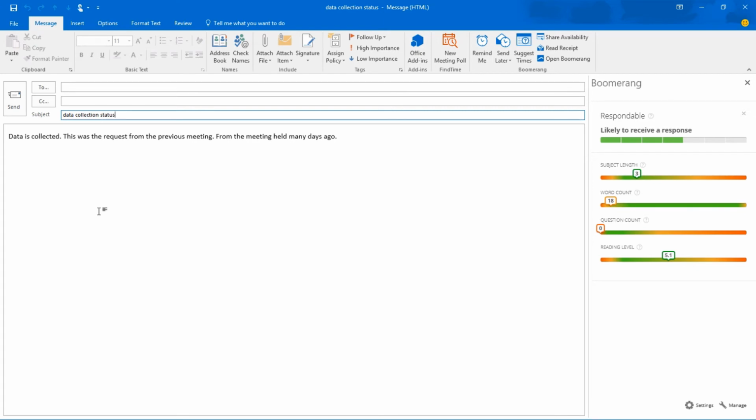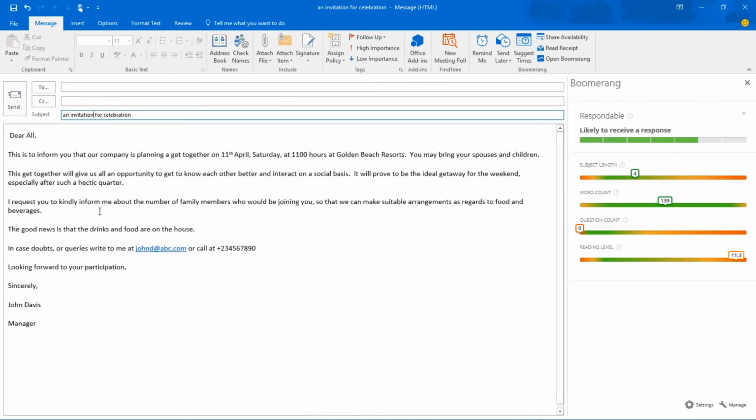Let us now take a look at a different email, which I have already prepared here as a sample. This is basically an invitation from the employer to the employees to celebrate the outcome of a quarter. And if you look at these sliders on the right, it has a subject which is falling in the green, so the right length. It has content which is also within the recommended count of words. It has no questions, but if you read through it, actually the sender is requesting confirmation. So let's put a question mark, and then the AI should be able to update this, which is requested back as an RSVP.